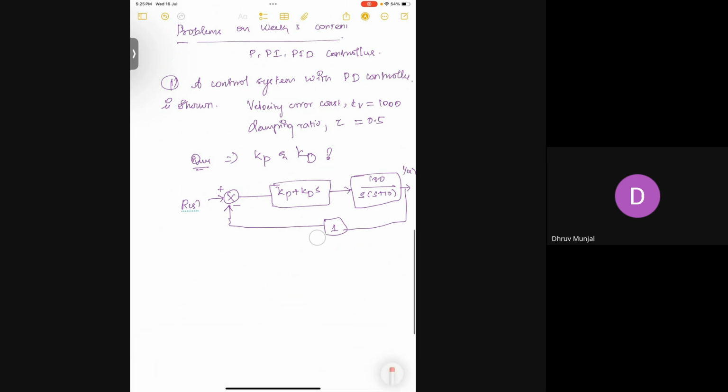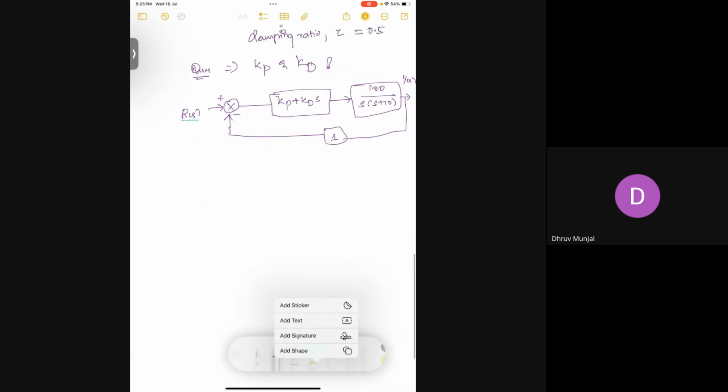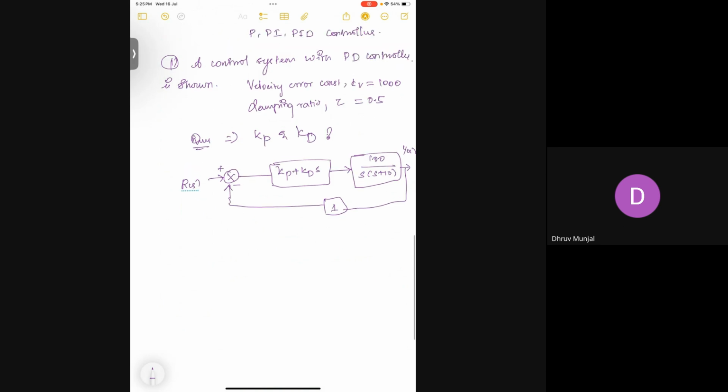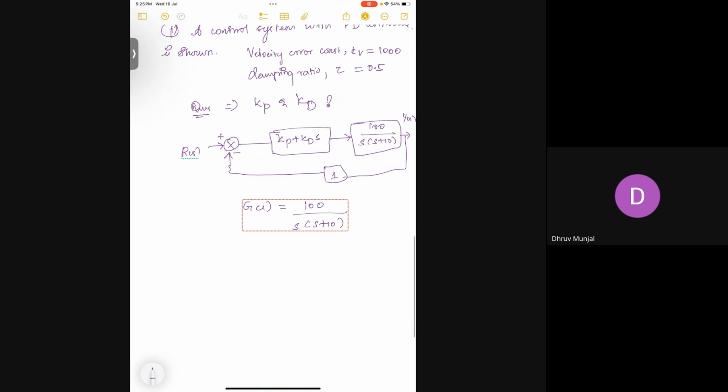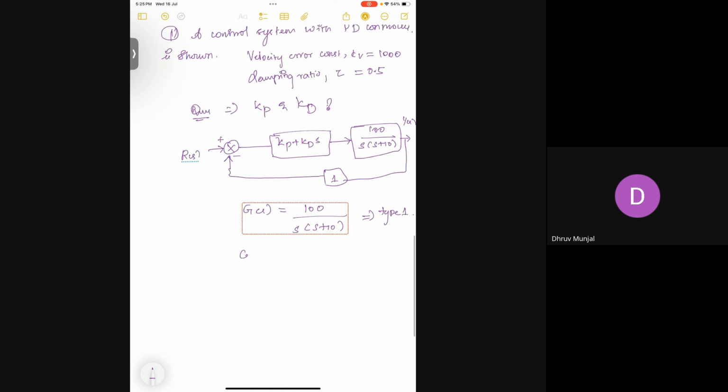Right now. So first, we should identify all the information that is given. They have given the plant transfer function, the open loop transfer function, that is 100 by s into s plus 10. So from this, you can say this is a type 1 system, and they have given a controller GC of